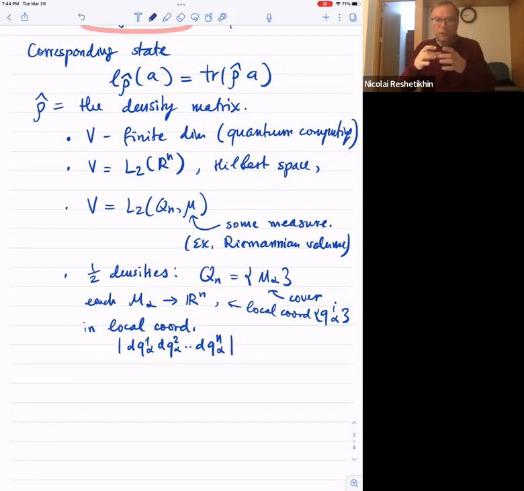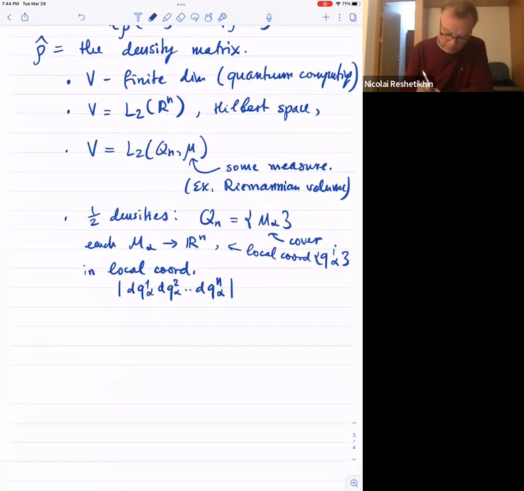It's the volumes of elementary parallelepipeds over which you can define the Riemannian integral locally. So first, let me define a